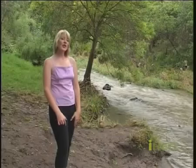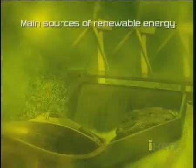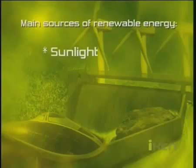Renewable energy is defined as any source of energy that can be used without depleting its reserves. In other words, it won't run out. Well, look around. The sun's shining, the wind's blowing, and the water's flowing. More energy than we could ever use is literally all around us, and we're just starting to learn how to harness it. The main sources of renewable energy are sunlight, wind, water,